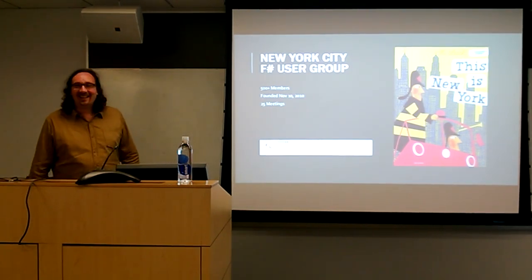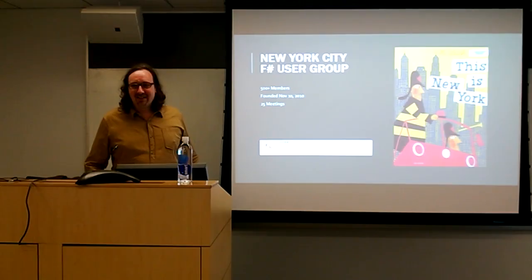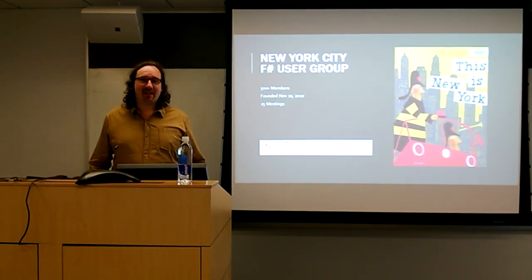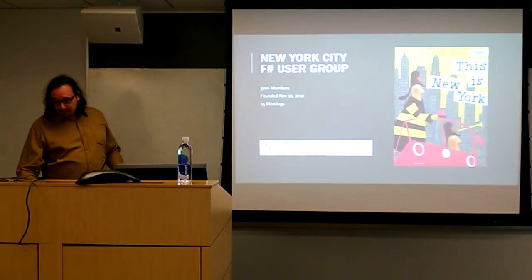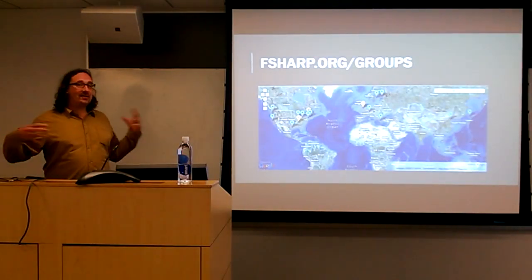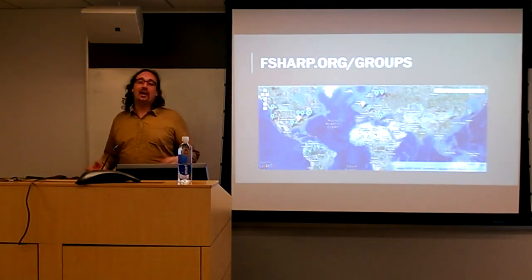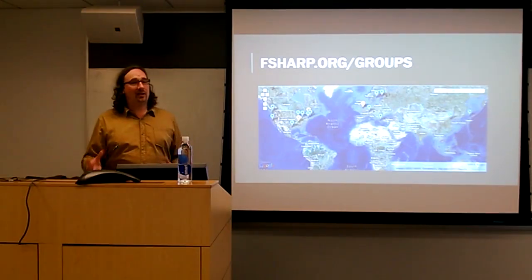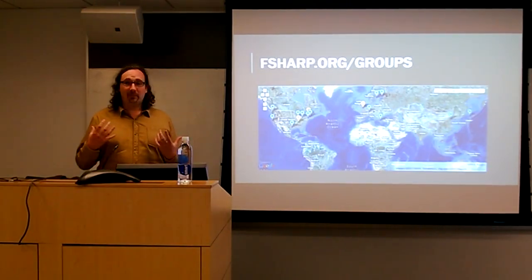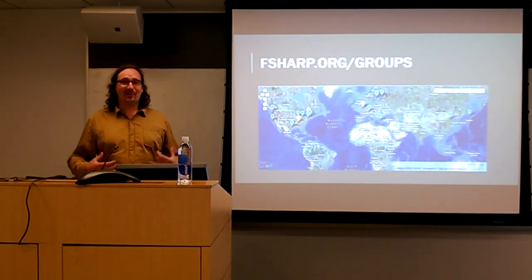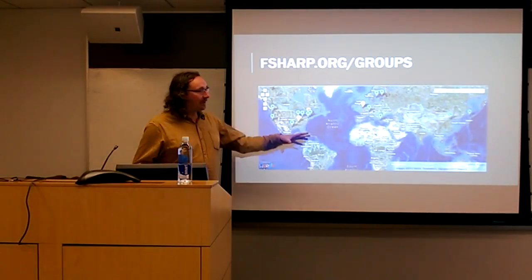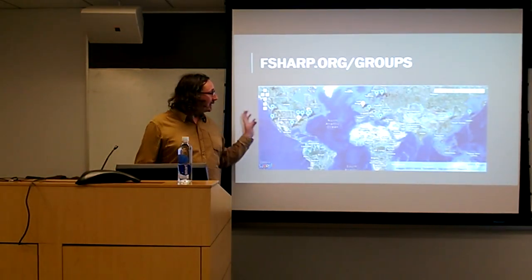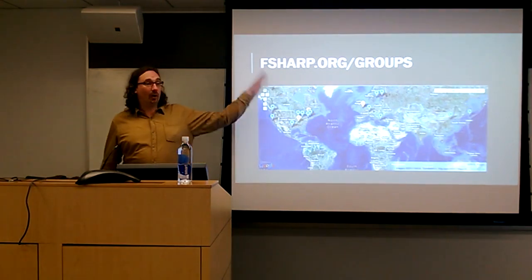The London team is in Meetup too? It is on Meetup, so it's meetup.com F# London. But that's just London and New York. London and New York have the largest user groups, and they also have very large financial centers, so there's something in that. Now this is the Meetup group map that Thomas made, which is on fsharp.org, and then you go to groups,